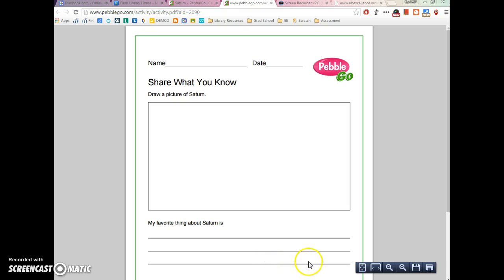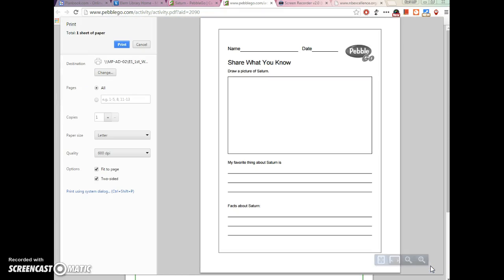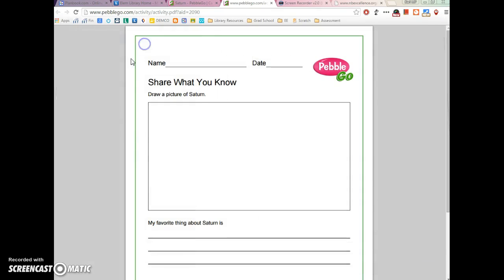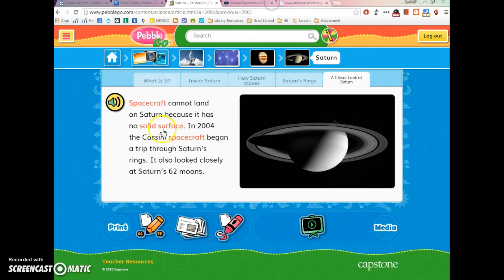Again, remember if I hover my mouse over the very bottom of the screen, I get a little print icon over here. It's the very end one. I click it once, it brings up a little preview of what my print's going to look like, and then I click the blue print button again and it will give me my print out on the printer behind Miss Hubbard's desk. So go ahead and print those and then write your name and start taking some notes as you're